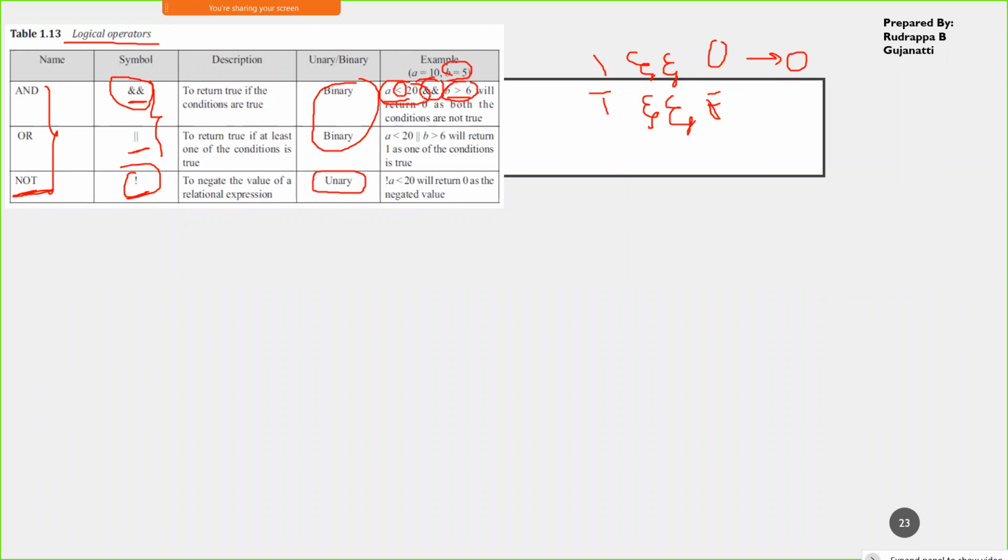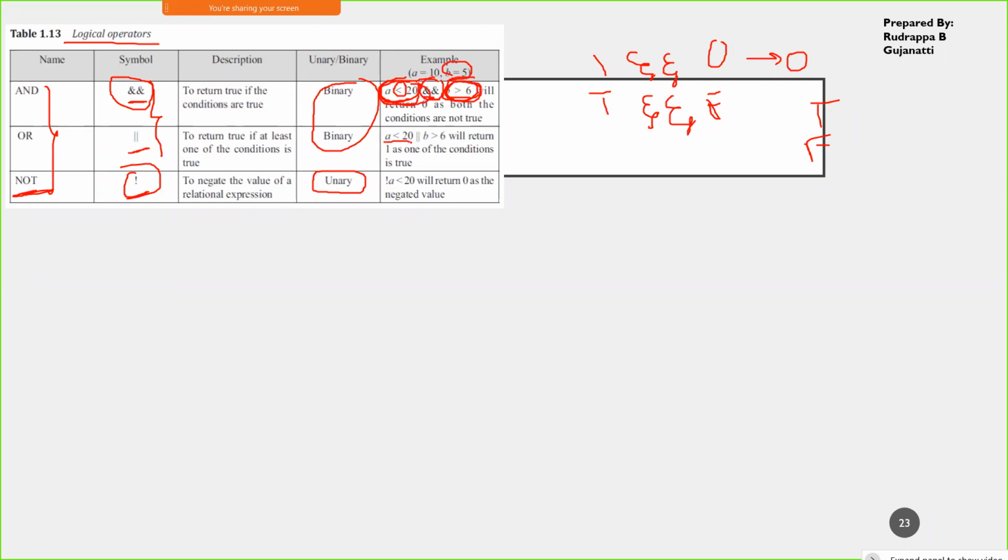So here you can see that this double ampersand, this AND operator, requires two operands on either side. What it is doing is checking whether this and this together are true or not. If both are true, then only it will return a true value. If any one of them is false, it will return a false value. Similarly in OR, if any one of these is true, it will return a true value. So it is like if any one of the bits is 1, it will return a logic 1. That is how it works.